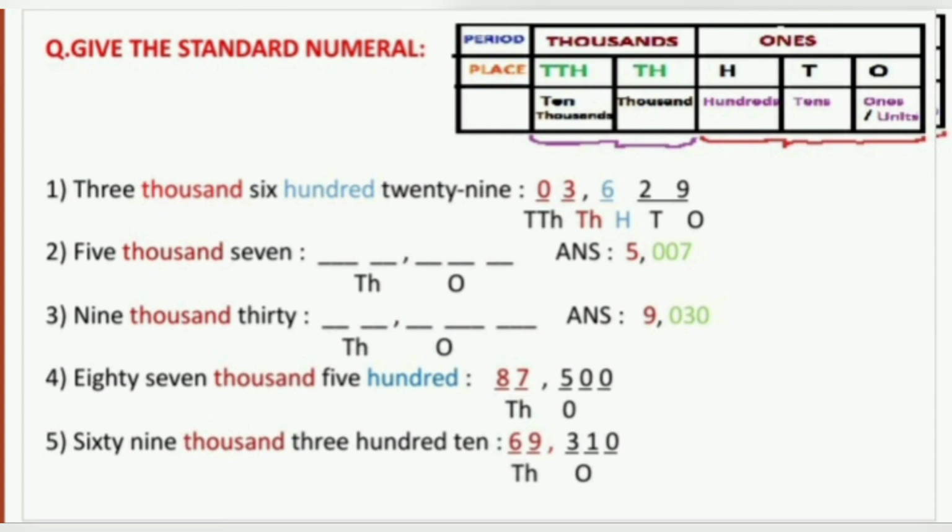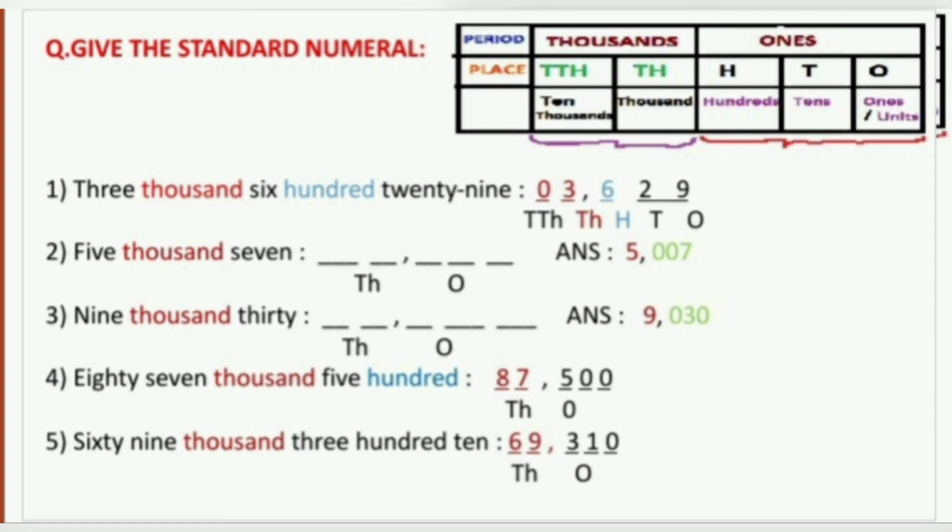For example, here the second question is 5007. The number is given in thousands, so you will write 5 blanks first, then write the places as ones and thousands. Now read the number which is given for thousands, that is 5000. So the numeral you will write in the thousands period is simply 5. Either you can write 05 or only 5. Now the number given after thousand is 7. How will you write 7 in 3 digits? That is 007, and you are through.